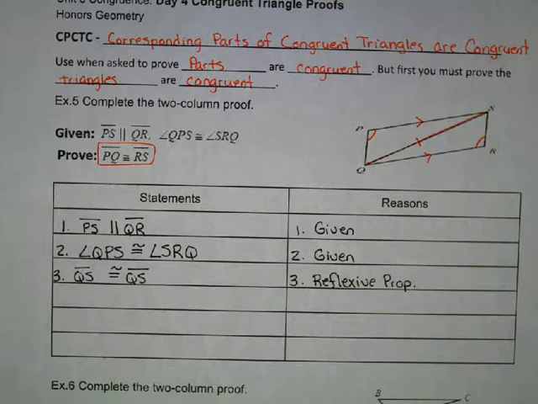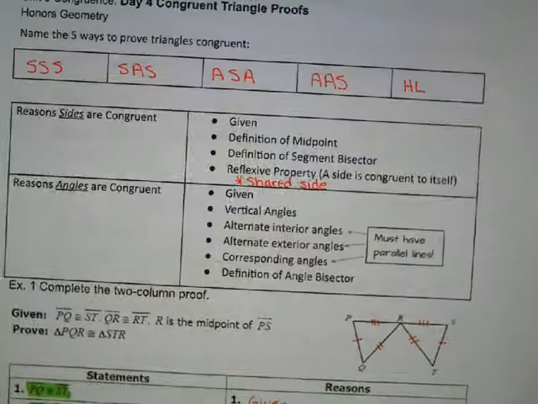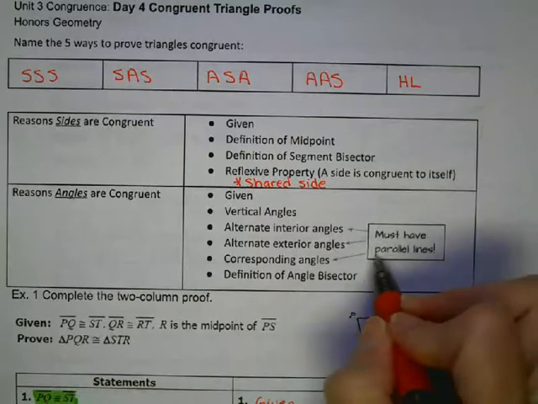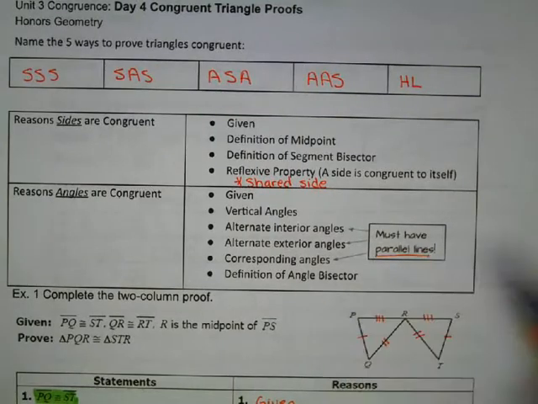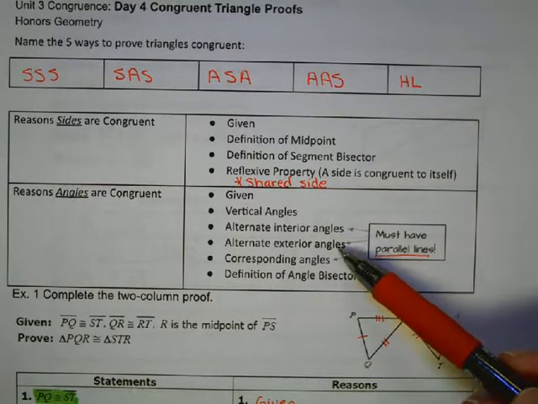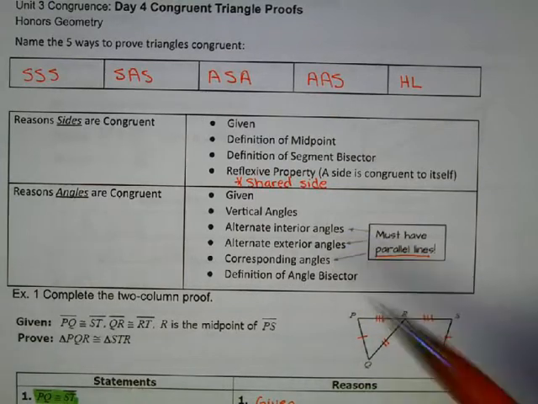So then you notice there's a reason they give you parallel lines. The reason they told you it's parallel lines, if you look back at the first page, here are the ones that you can use when you have parallel lines. You're going to look in the picture. Can you find alternate interior angles that are equal? Alternate exterior or corresponding angles. So in this picture we have parallel lines,